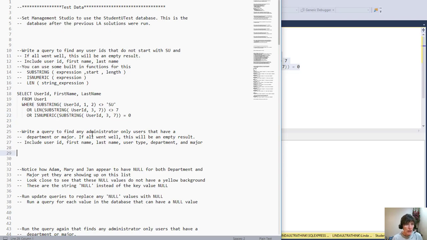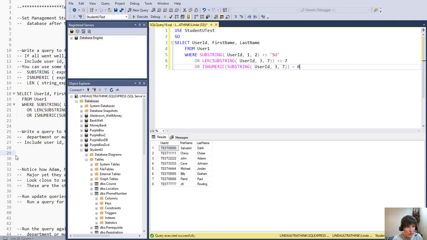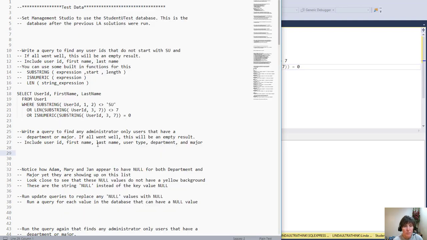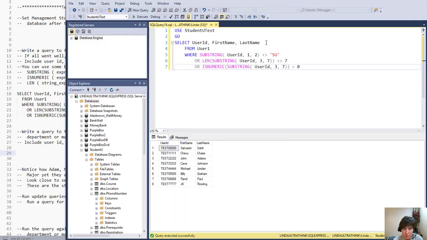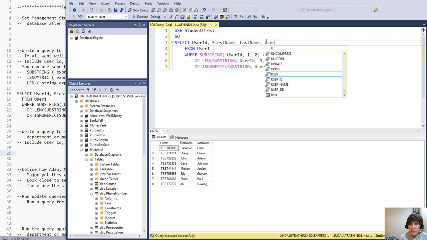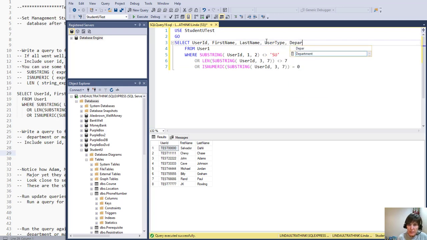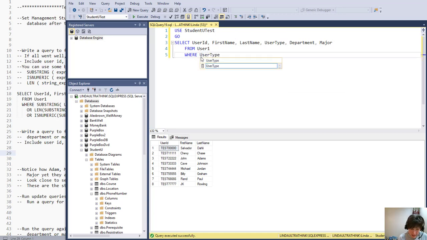The next one is to write a query to find any administrator, only users that have a department or a major. So now we're going to include user ID, first name, last name, user type, department, and major. We're still going to get it from user 1, but now we're going to ask where user type is equal to an administrator, only is just an A,